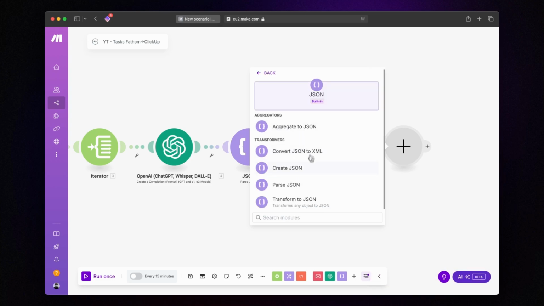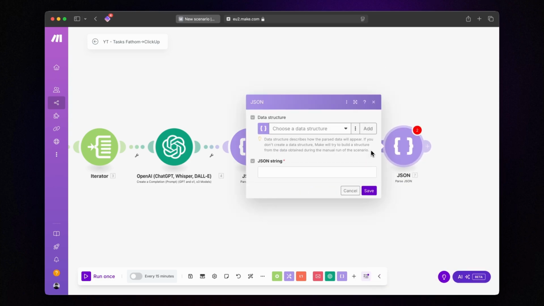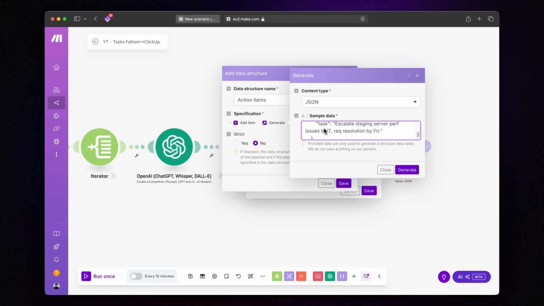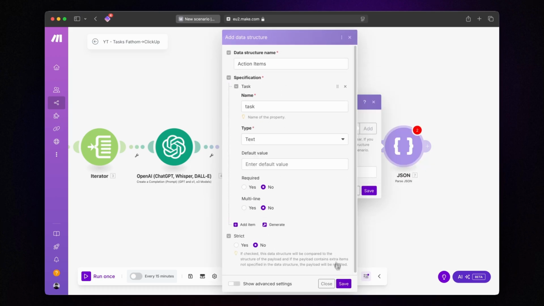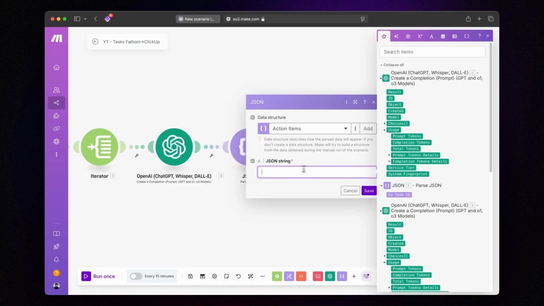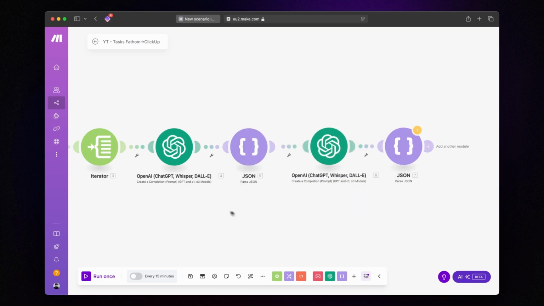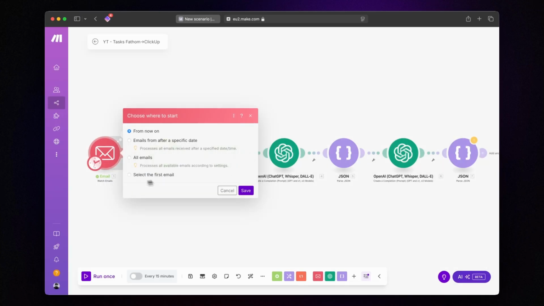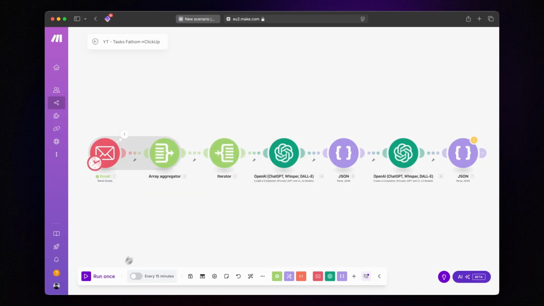Next, we need to parse the JSON output from the ChatGPT module. So add another parse JSON module and name it something like action items. Click Generate, and paste the JSON structure we used in the ChatGPT module. Click Save, and under the JSON string field, insert the result from ChatGPT. Now let's test everything to ensure it's working as expected. So click Run once,